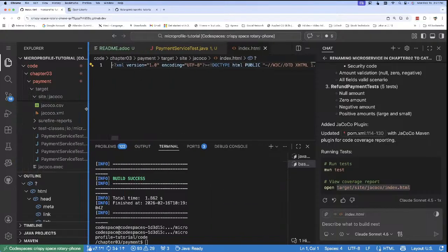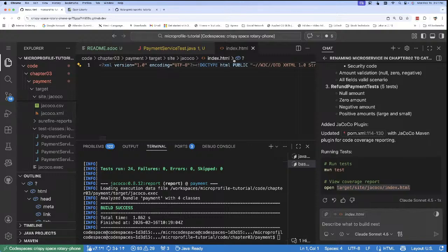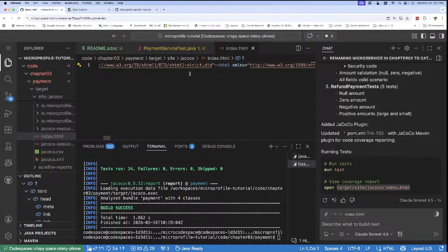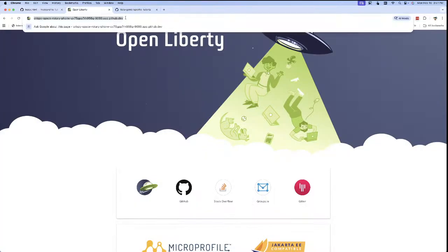Okay, so I got this, but this is not available in the preview mode for me. Let's see if I can view it from